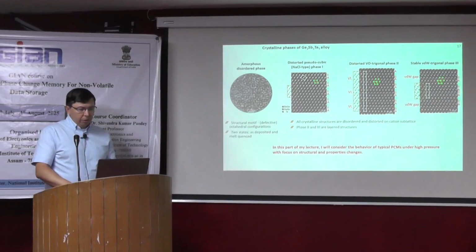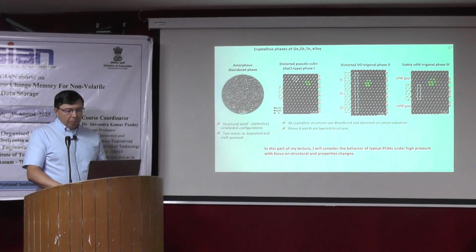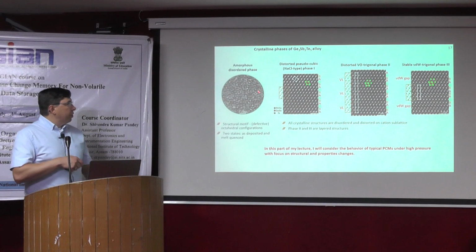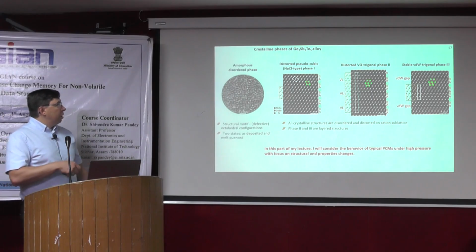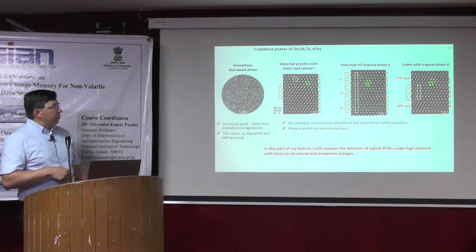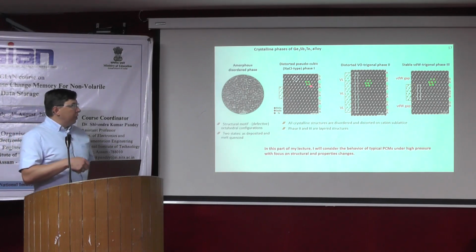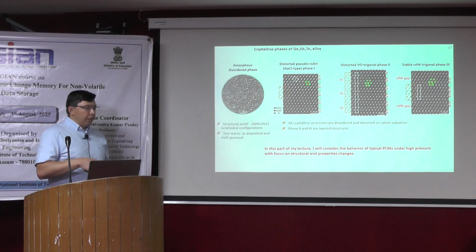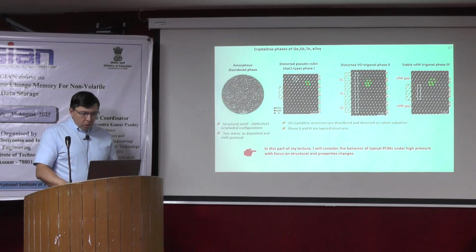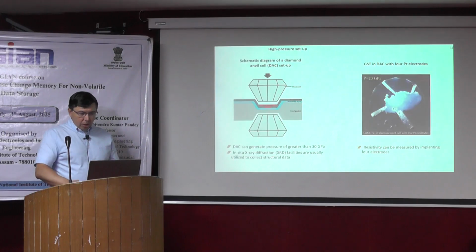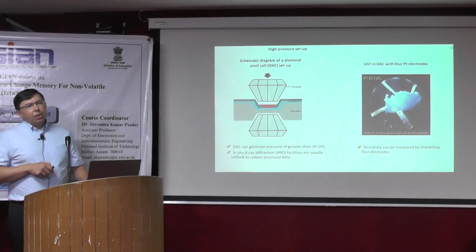So if you put these phases under pressure, what happens? If you just press this cubic phase, maybe some new phases are formed, or maybe amorphization, or new phases like this. So how can we study this